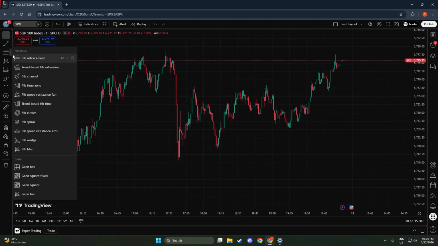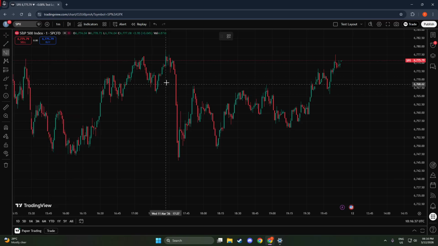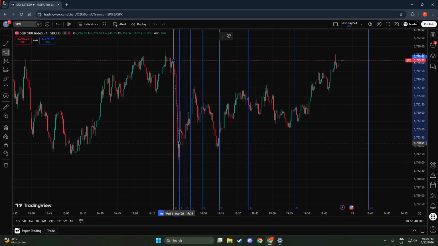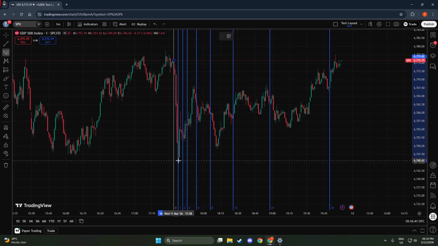Your second click goes on the next significant swing point that completes that initial leg. For an up move, that's usually the next prominent swing high. For a down move, the next prominent swing low. These 2 anchors tell the tool how long that initial move took, and it then projects Fibonacci-based time intervals forward